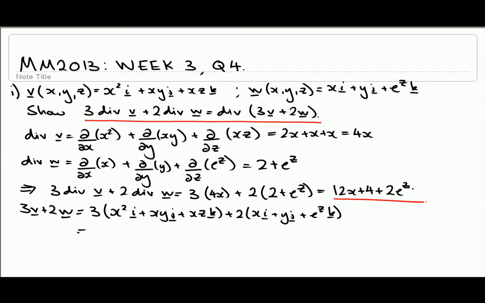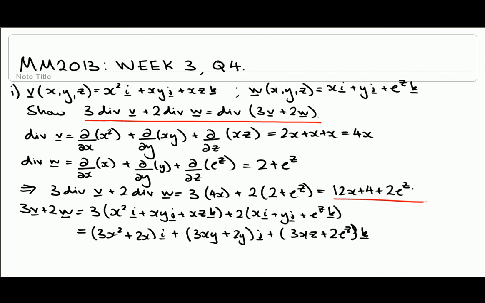Collecting together all the like terms, we get (3x squared plus 2x) i plus (3xy plus 2y) j plus (3xz plus 2e to the z)